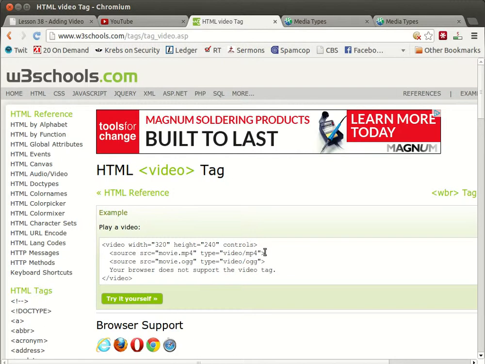So first the browser will try to play the MP4. If it can't, it will try to play the OGG file. If it can't, it will display an error message saying that your browser does not support this video tag. So I suppose instead of this message you could put an object tag and resort to using Flash or